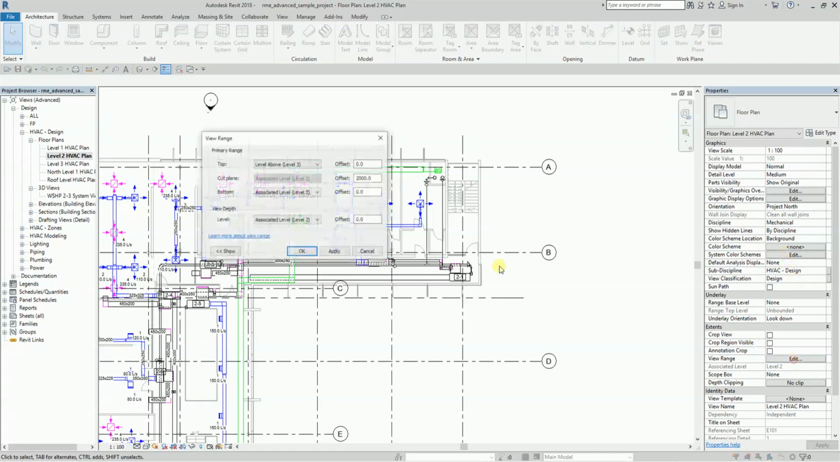But if I change this one, the top plane, let's say I'm not going to change the offset, but I'm just going to change the level. Let's say I select unlimited. So meaning from level 1 going up, unlimited level. So meaning to say all the elements on the top portion of the level, the higher portion of the building, I'm going to see that in this level 2 view. So if I select OK,